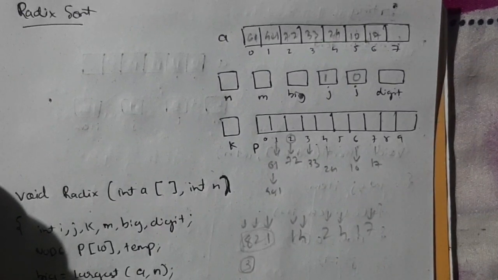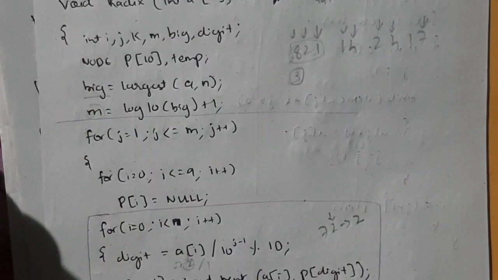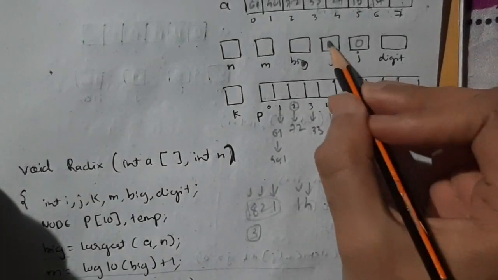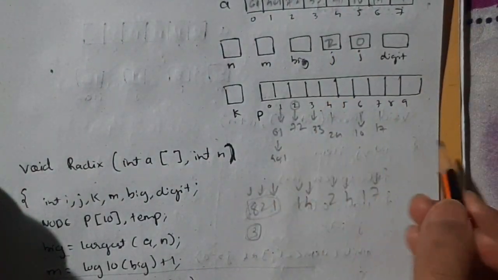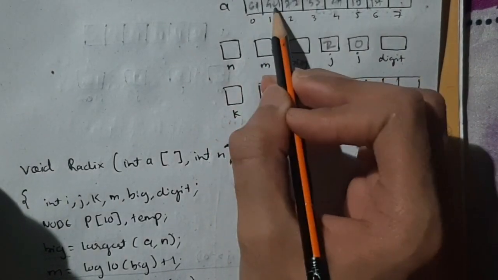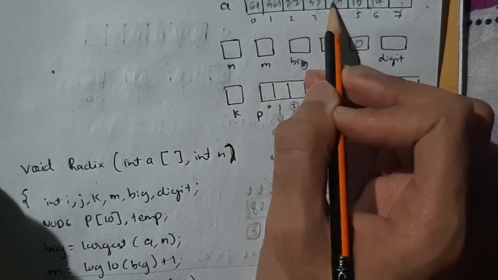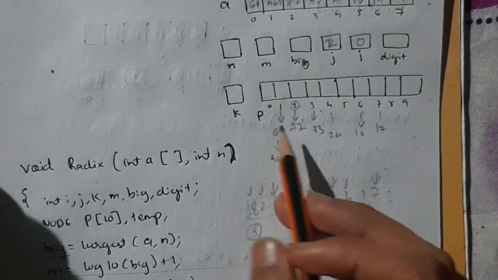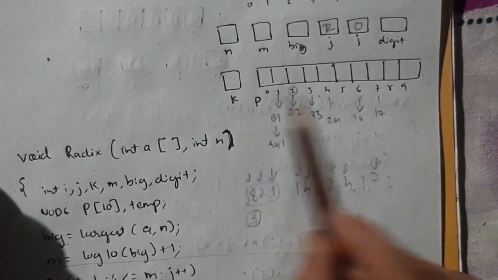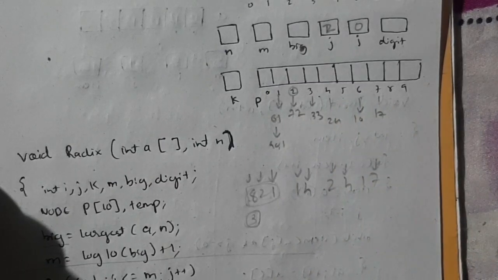That's the first iteration. In the next iteration j will become 2. See, it will come here, j will become 2 now. Now what does j do? After j has become 2, it will calculate the second digit, the second last digit. Like for each one it will calculate 6, 0, 7, 3, 2. In that fashion it will store. But before that, due to this loop, p of i is equal to null, it will make all the values of this null, through an iteration.